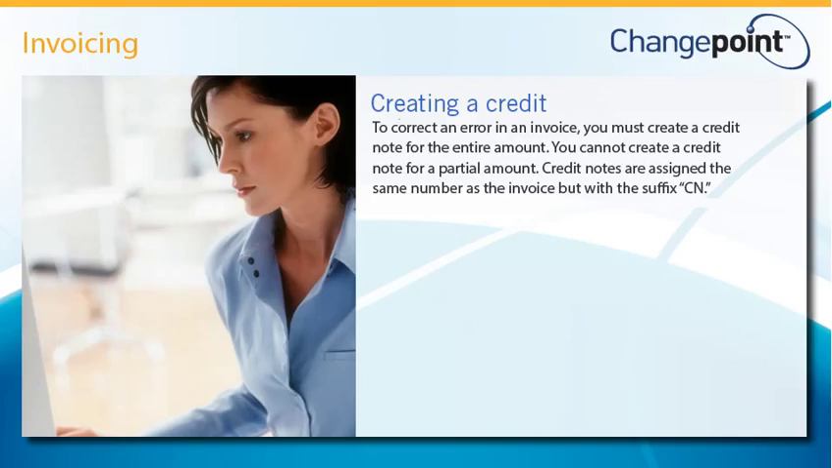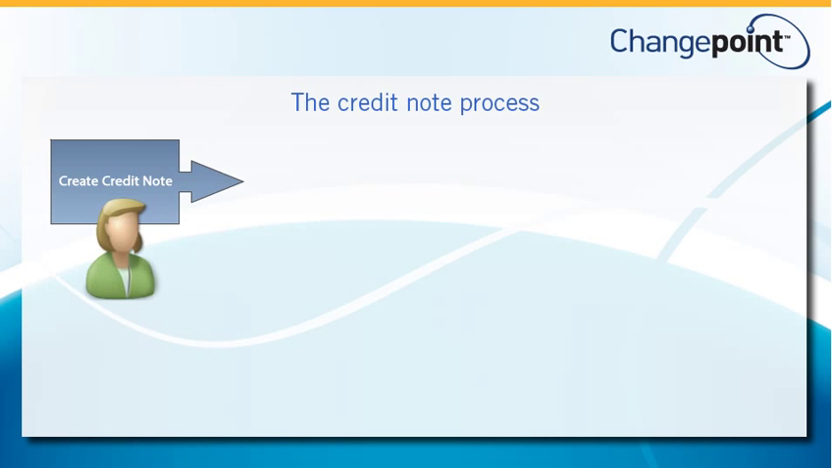To correct an error in an invoice, you must create a credit note for the entire amount. You cannot create a credit note for a partial amount. Credit notes are assigned the same number as the invoice but with the suffix cn. To begin, when you create a credit note, you can save it as an editable draft or submit it for